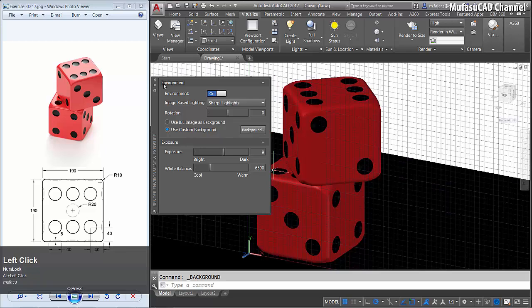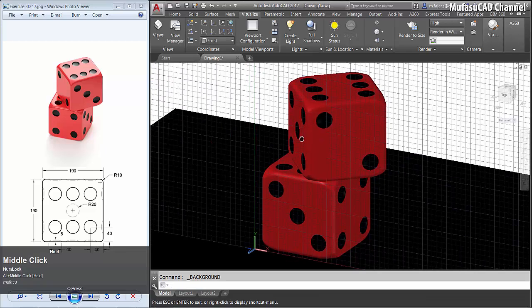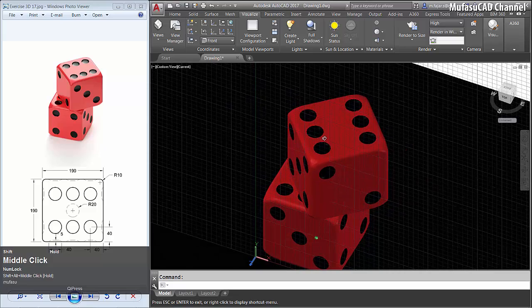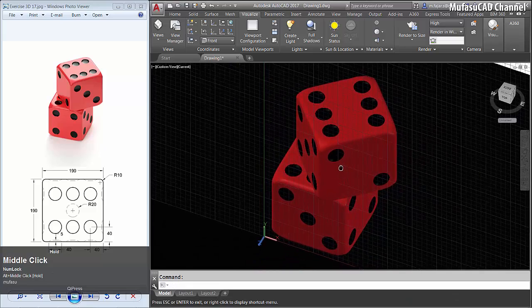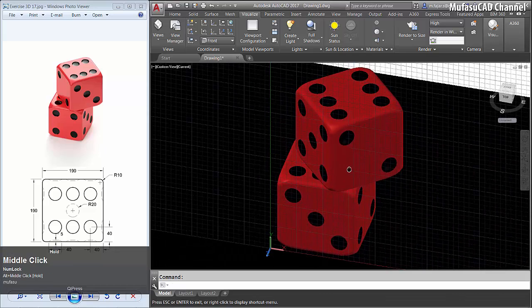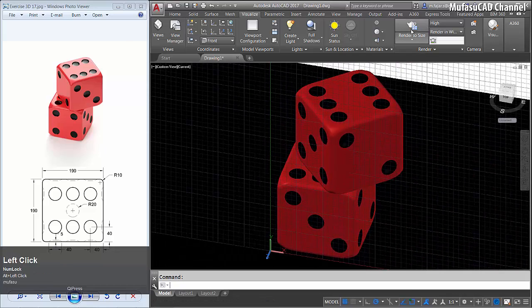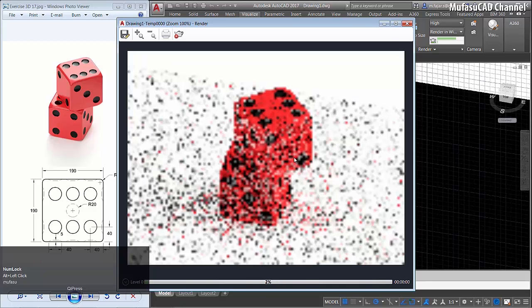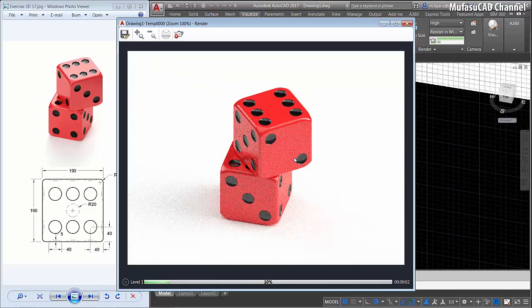Okay, close, and I will move to here, and then we try to render this object. You can click here and waiting for a rendering process until finish. It's about 10 level.